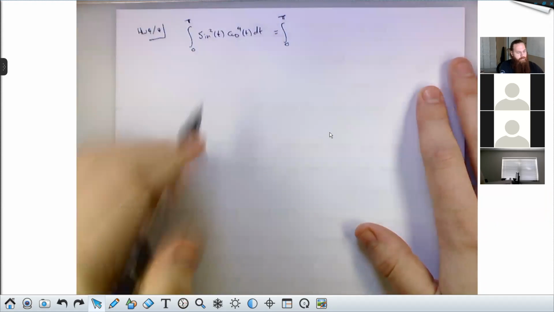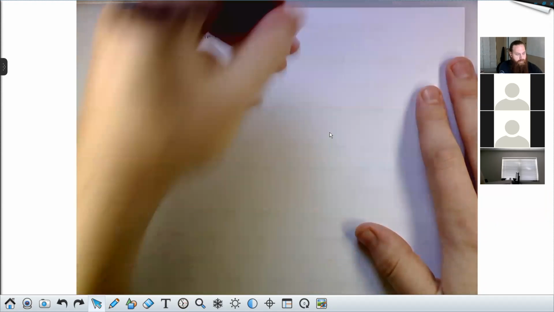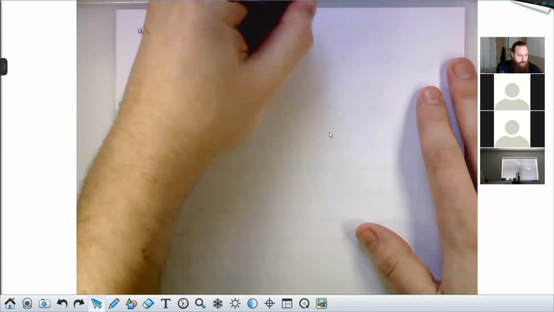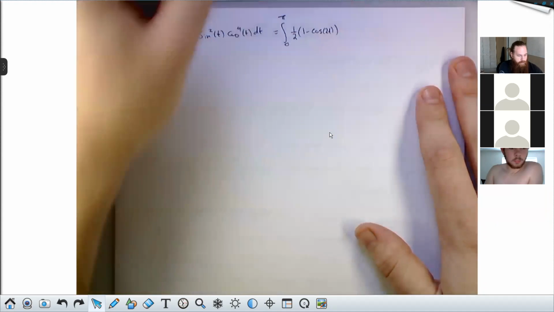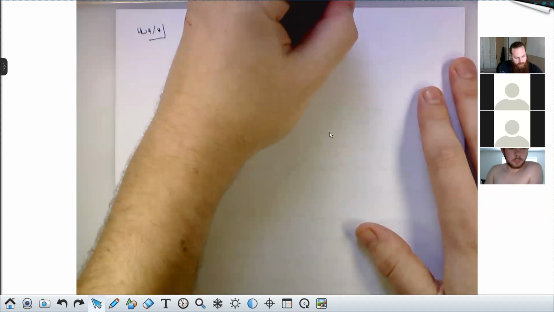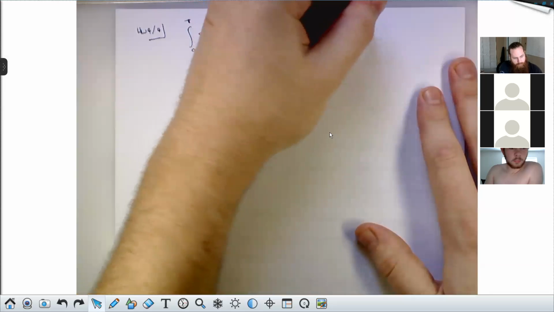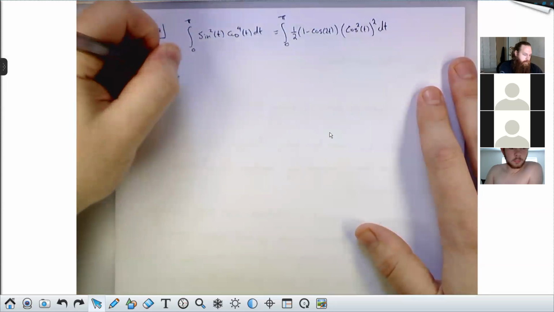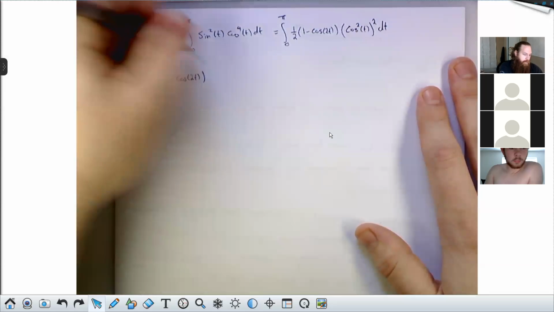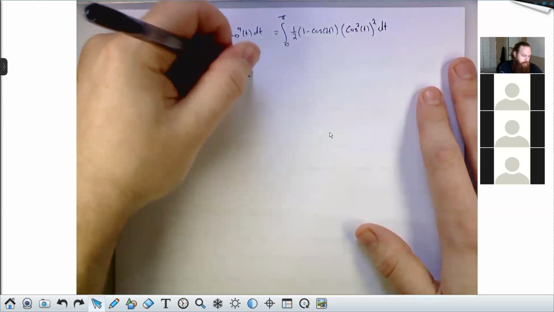Both powers here are even, which means the only attack we have is to repeatedly apply half angle identities. So sine squared I write as 1/2 times 1 minus cos 2t. And cos to the 4 is cos squared squared. So that's the integral from 0 to pi of 1/2 times 1 minus cos 2t times 1/2 times 1 plus cos 2t